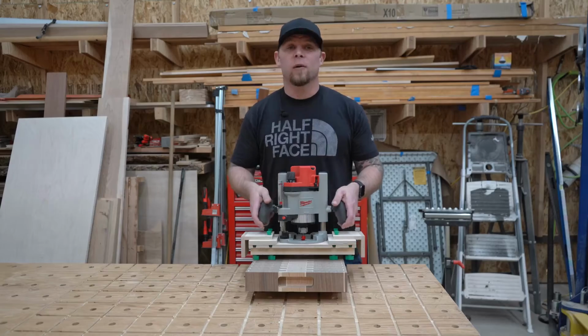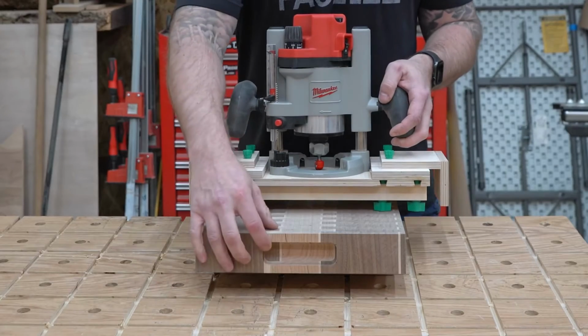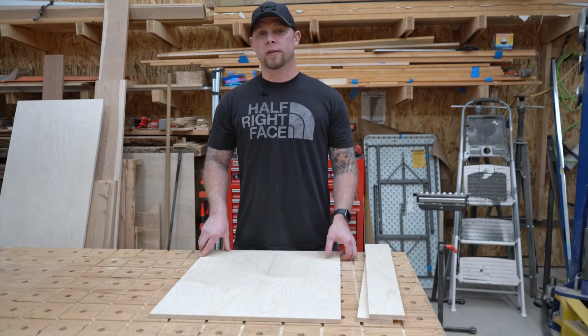Stick around and I'll show you how I built this fully adjustable router jig for cutting out this style of handle and cutting boards using a plunge router. So the first thing we'll do is cut all of our pieces out according to the